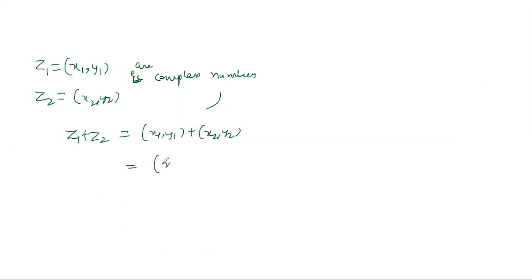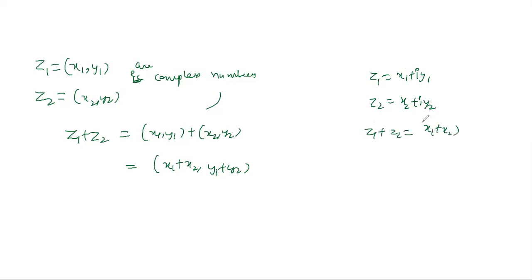Yes, how do you add them? So this is x1 plus x2, y1 plus y2. This is something simple we already know. So if I give you a number, say x1 plus i y1, and another number is x2 plus i y2, that is how we are going to add them. Real part into real part and imaginary part into imaginary part. So that is how the sum is defined, and same case for subtraction. If it is plus minus, subtraction is also included in the same category.